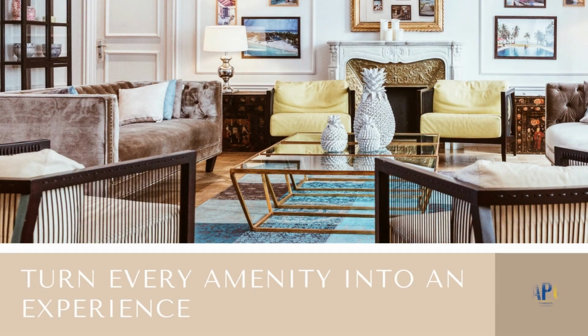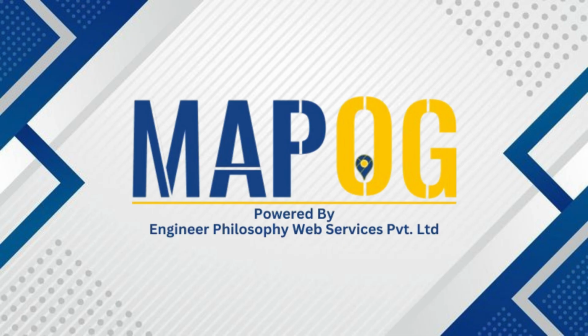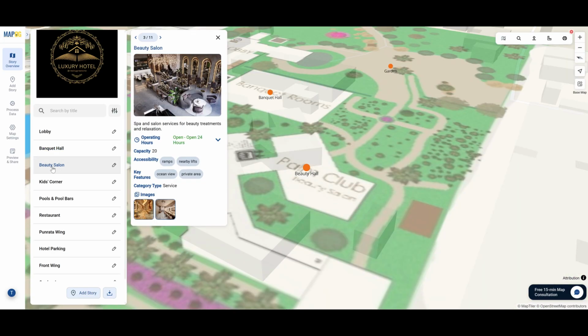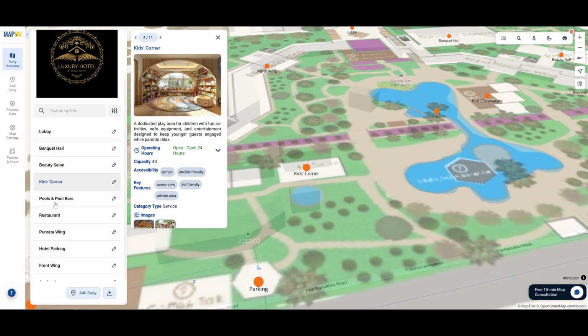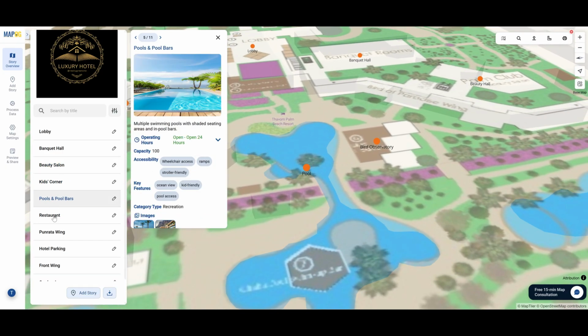What if your hotel's guest guide could do more than just list amenities? With MAPOG, you can build an interactive map that lets visitors explore your property, from pools and restaurants to event halls, visually, clearly, and right from their devices. Head to